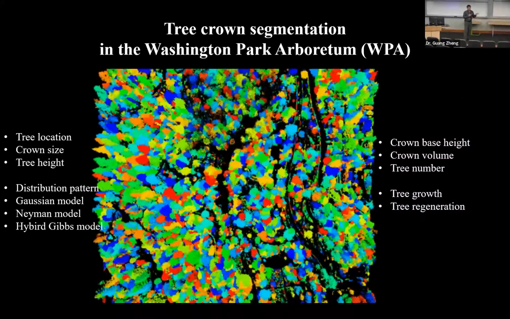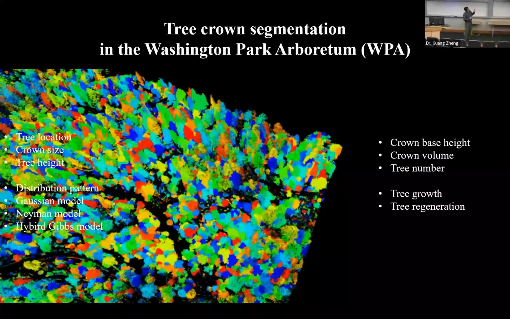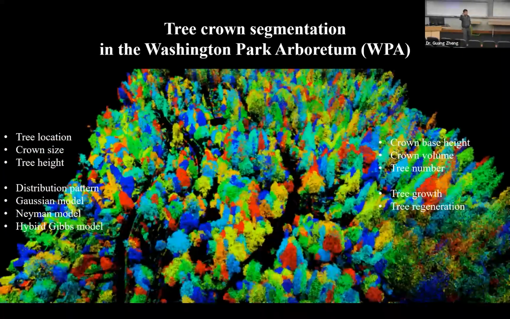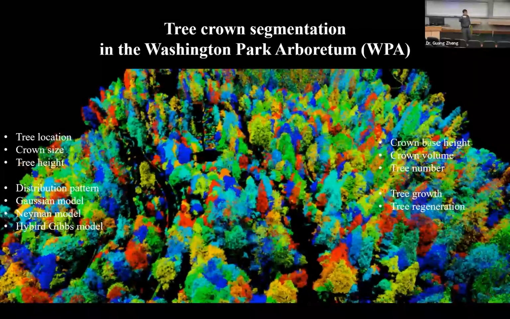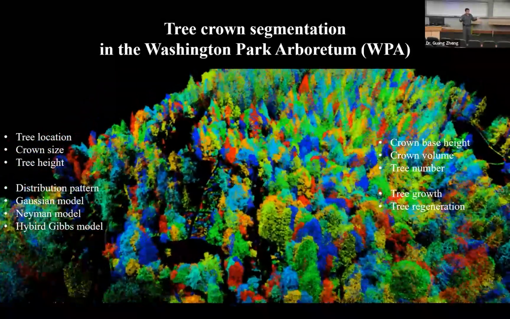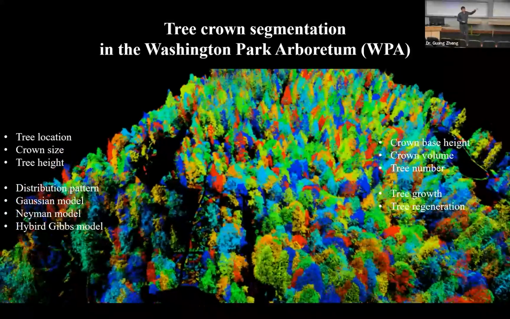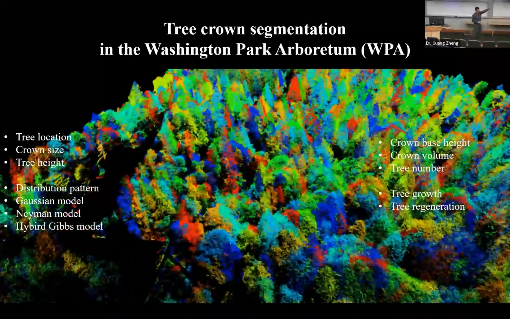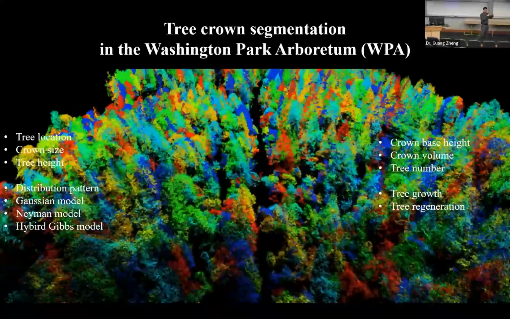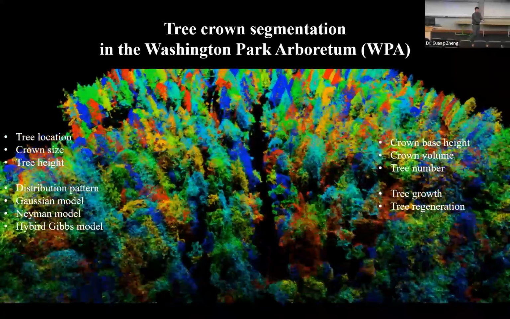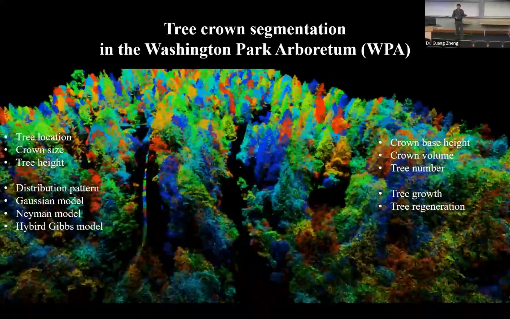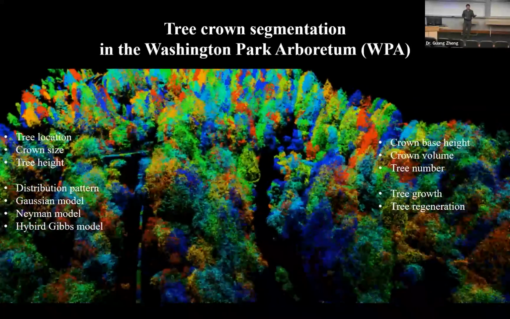It's right next to the UW Seattle campus, because we have a very nice arboretum on this campus, right? Maybe some of you are trying to set up a project, you can do this kind of stuff. And the different colors here represent different trees. Once we have this data set, we can extract every individual tree point. Based on that, we can estimate the tree height, crown size, crown volume, because